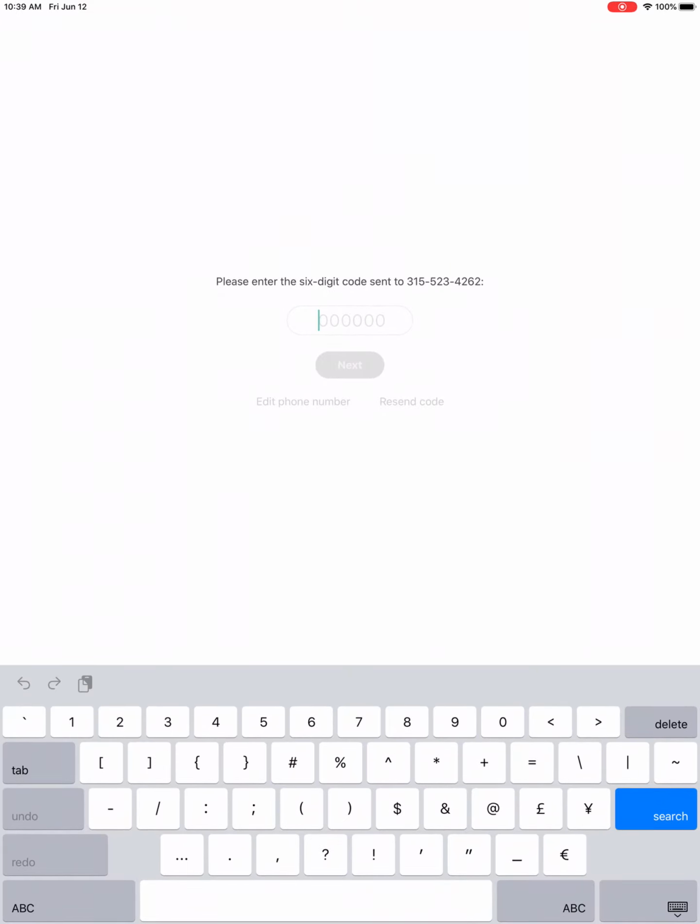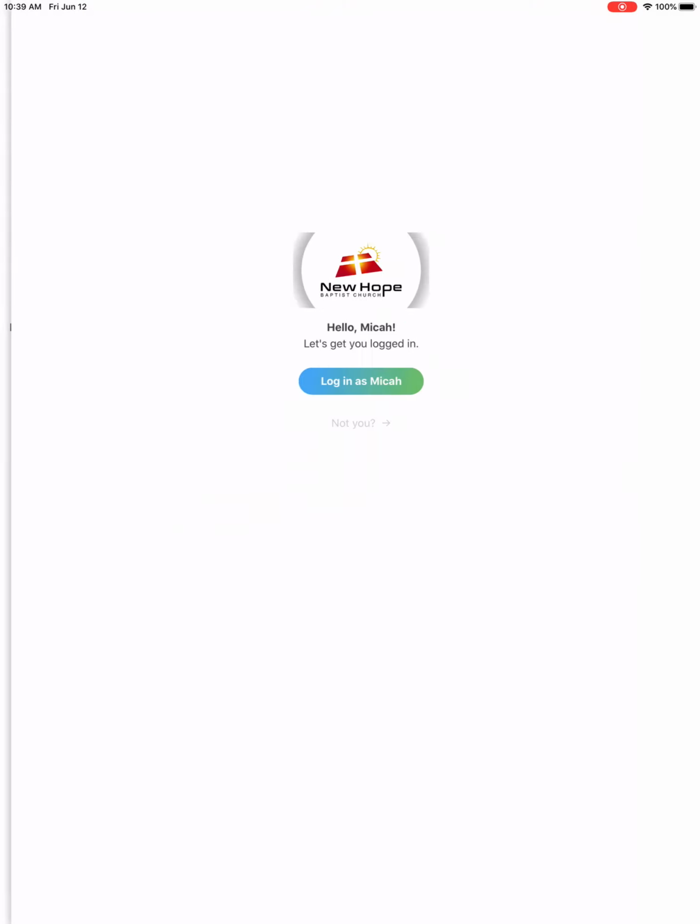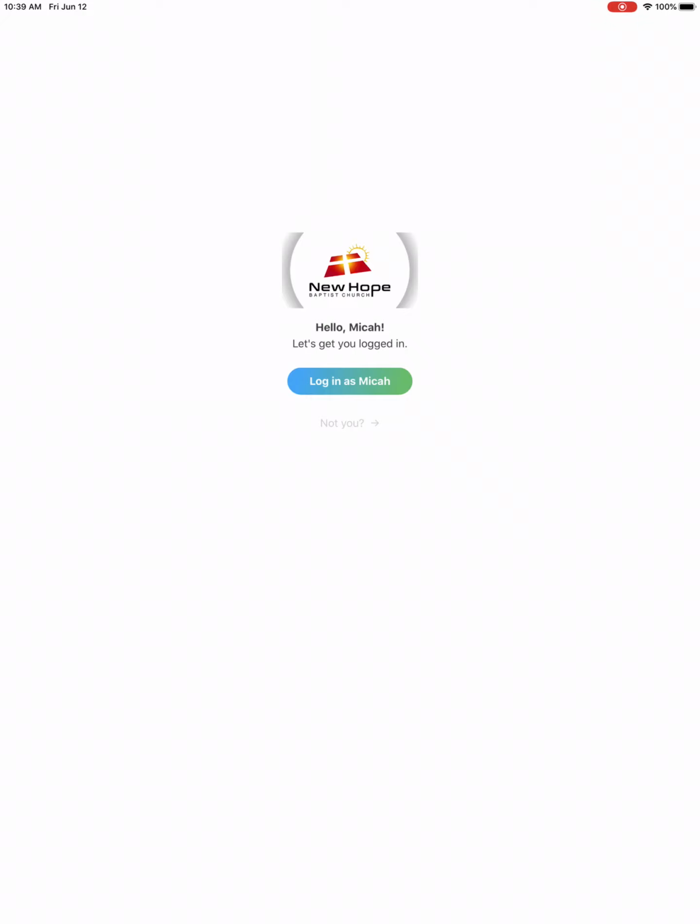All right, it's going to send you a one-time code just to make sure that the number is correct, so that you can access the app. And since it's a one-time code, I'm just going to punch it in here, 350411. We're going to hit next. And it automatically detected who I was. Now, this should do the same thing for most of you, because in the software that we keep everybody's information, this can link to that, so it'll see whose phone number it is, and then it'll connect to your name. So we're going to log in as Micah,